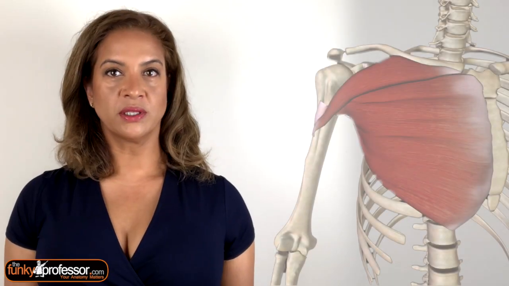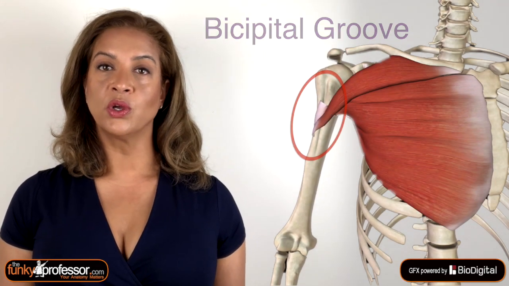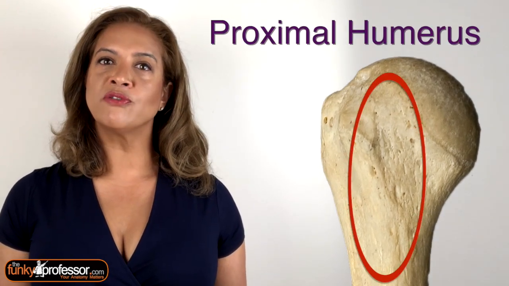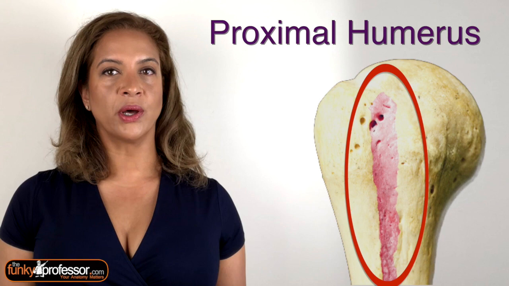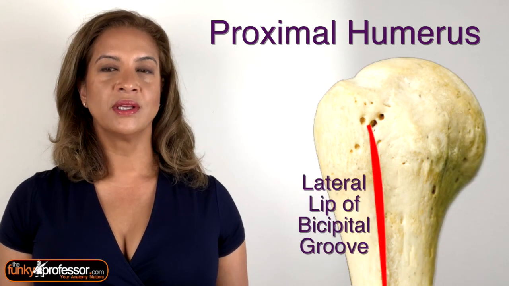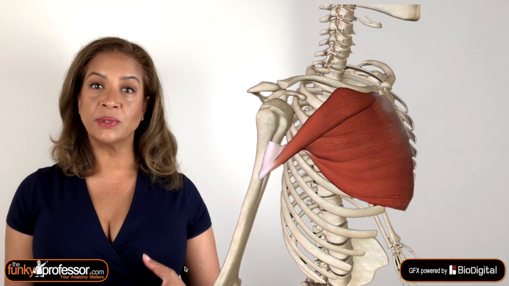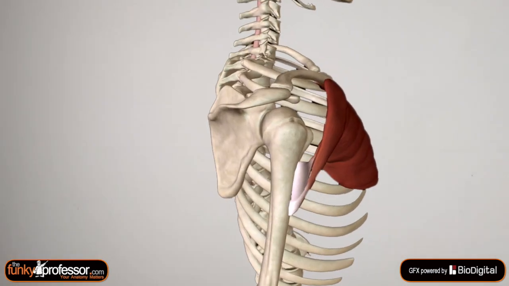Both parts of this muscle insert onto the bicipital groove, or the lateral lip of the bicipital groove to be more precise. This is a rigid bone that's to be found on the medial part of the upper or proximal humerus. Now this is where I think this muscle gets very interesting, because you'll notice that the fibres of the sternal head insert more deeply than the clavicular head,